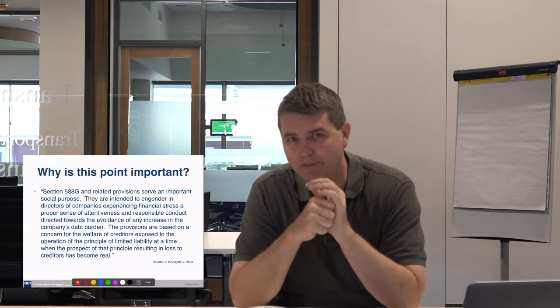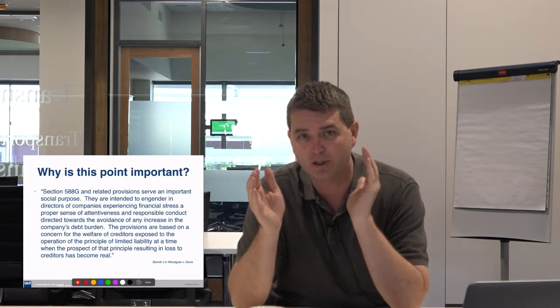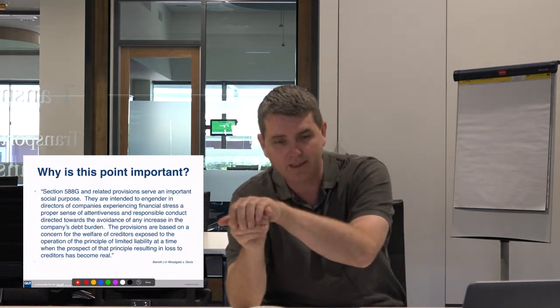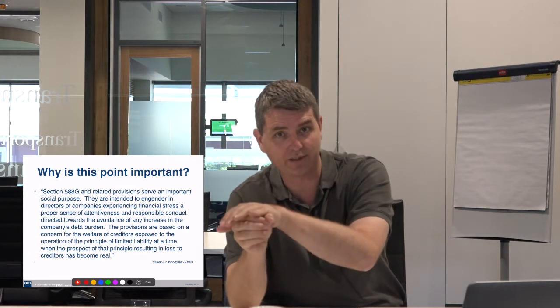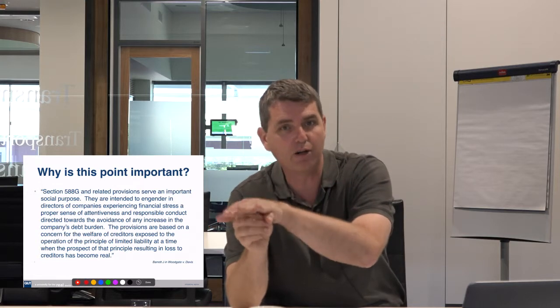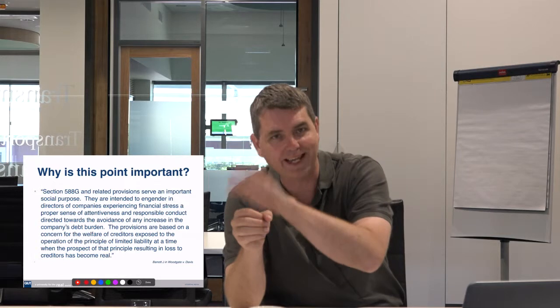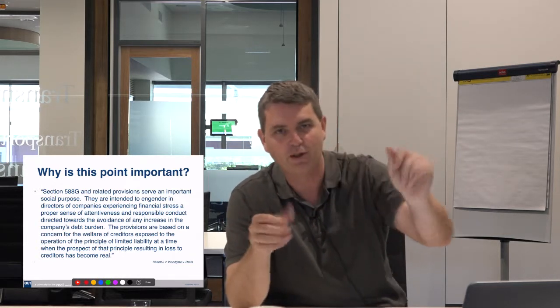So then you go back and say, well, what's the nature of the contract? The traditional nature of a contract between a shareholder and a company is that the shareholder gives their money to the company and the company can lose it, right? That's the deal. You can lose your equity stake and that's part of the contract. Hopefully they won't. They will use the money and make a profit and you'll get some dividends, a residual claim on what's left over after you've paid everyone else. So that's the nature of the shareholder contract.